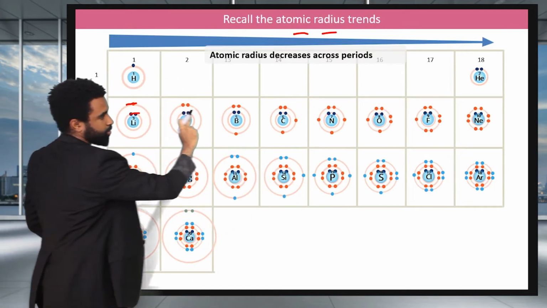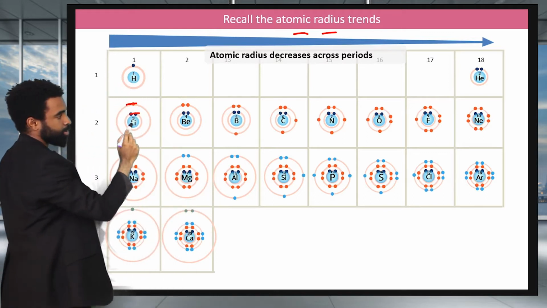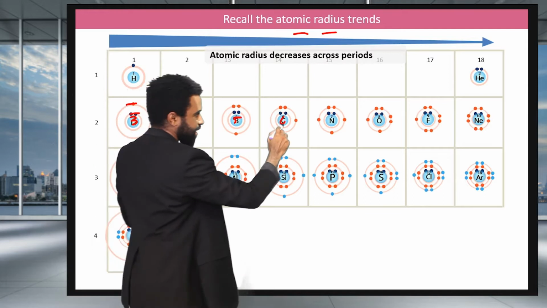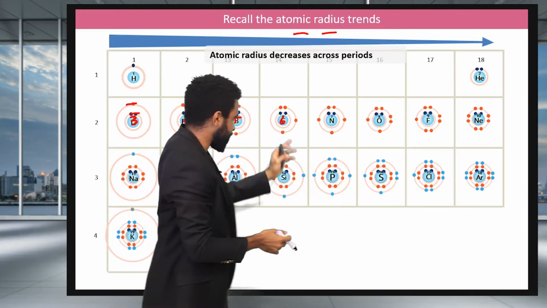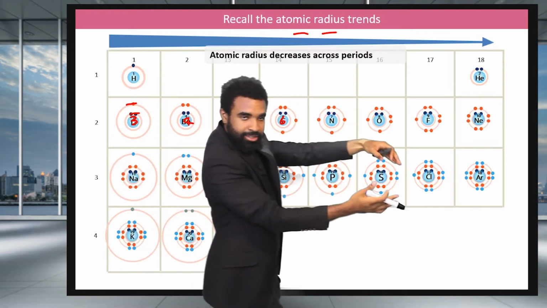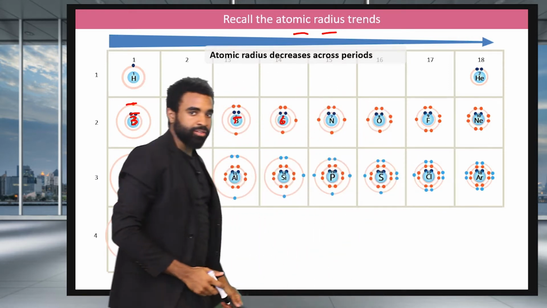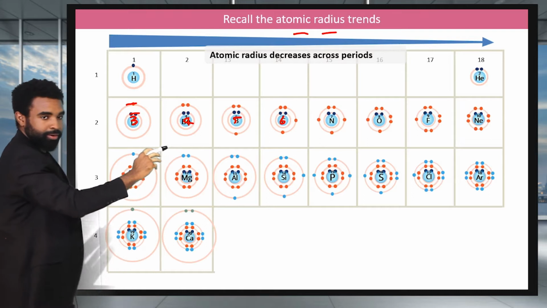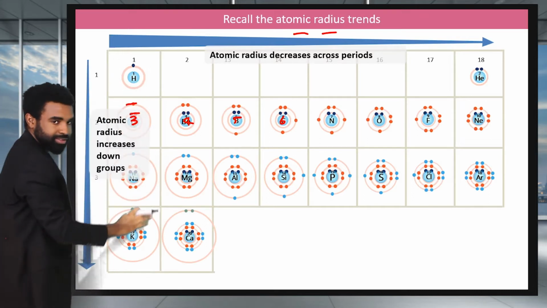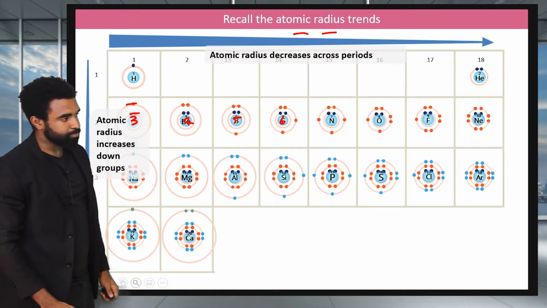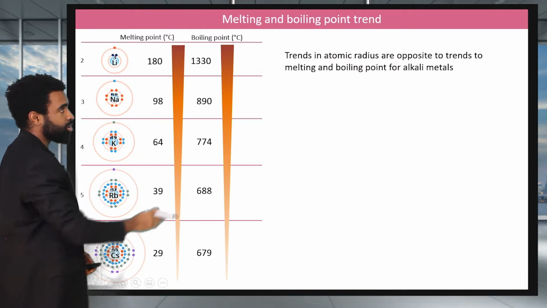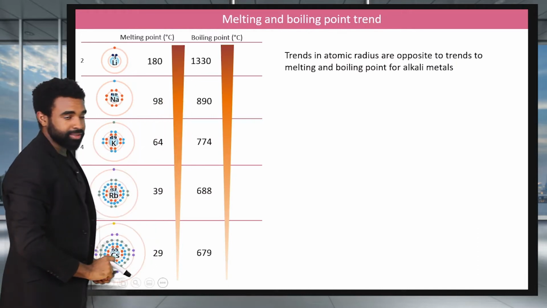So here we have 2 shells, for example, in period 2, but the nuclear charge is increasing: 3, 4, 5, 6. And so those protons in the nucleus here, those 6 protons, are pulling the electrons in tighter and tighter and tighter. And therefore, the atomic radius decreases across the period. Down the group, the atomic radius increases because the number of shells is increasing. So now that we understand the atomic radius, then we should be able to understand these melting and boiling point